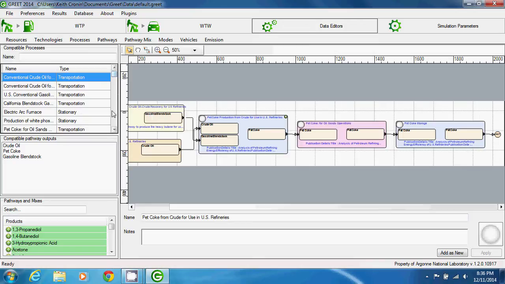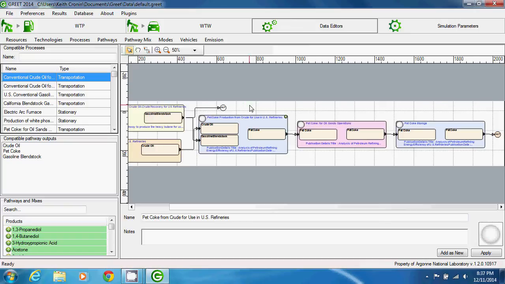Below the compatible processes, we see a list of compatible pathway outputs. And these are products that happen to be an output for a process in the pathway, so that we can drag in the compatible output,